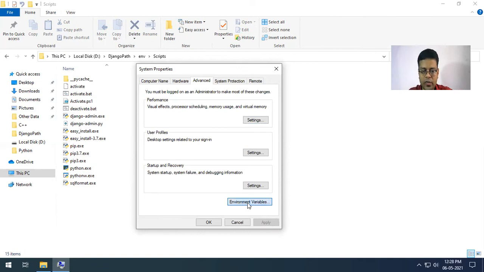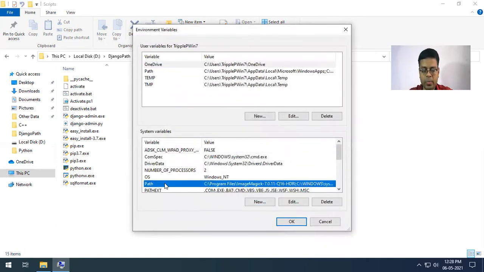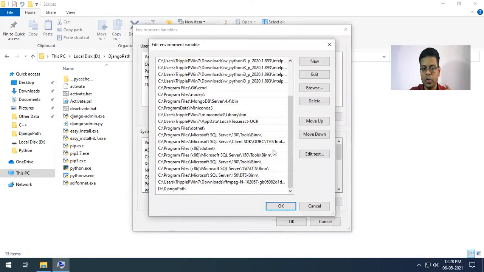So I will go inside the Environment Variables. I'll click here on Path under the System Variables. Be careful, I'm not using user variables. Here also a Path variable is there, but be careful, I'm going inside the system variables. I'm clicking on Path, and now I'm clicking on the Edit button, and I will scroll down. I will see the Django path that is already there, and we have created it. You know how we created it. Please watch my previous videos if you don't know, and click on New.